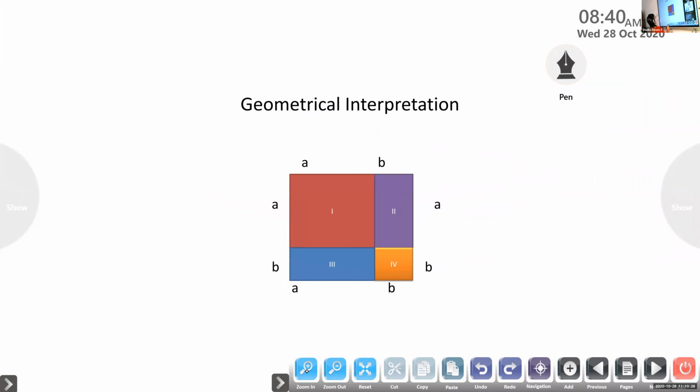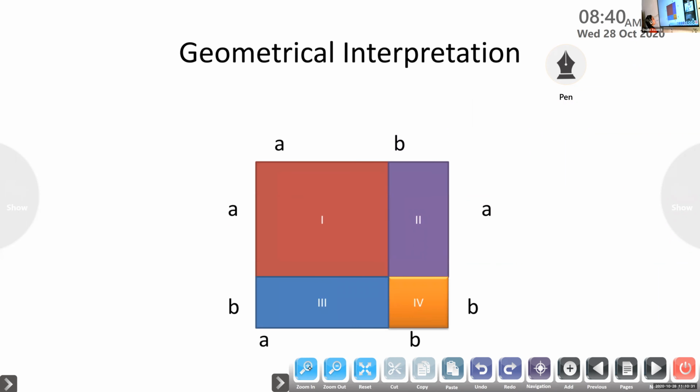See, now I will show you how it comes. Geometrical interpretation of (a plus b) the whole square. No need to write, I will just show. Just understand how this (a plus b) whole square comes. It will be an activity, but now we are not doing the activity. When I give you an activity, you will understand what you have to do. So you just listen to the board.